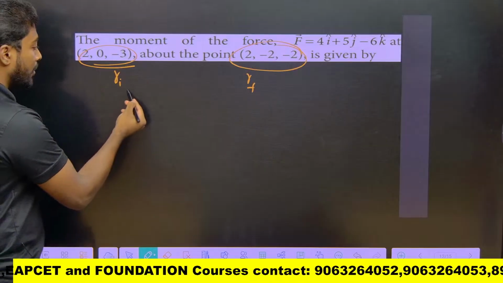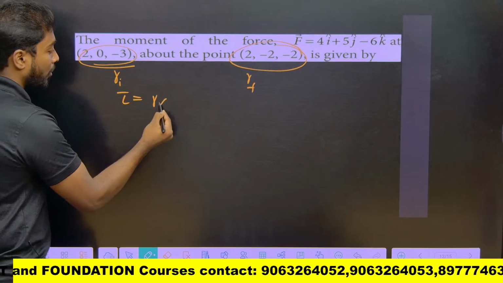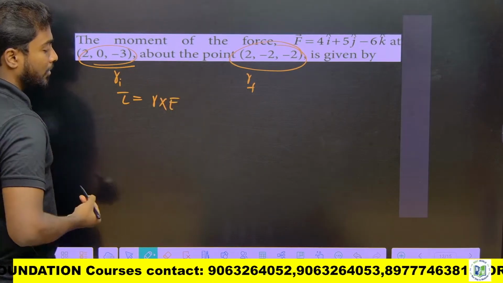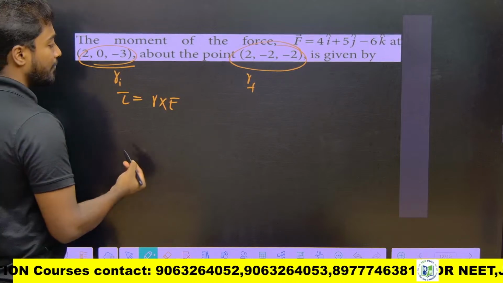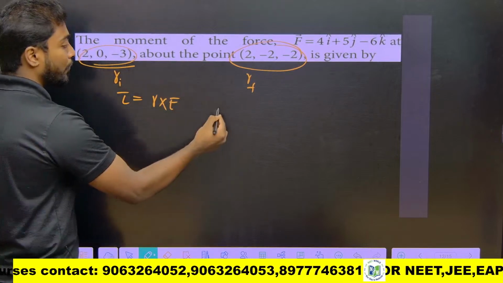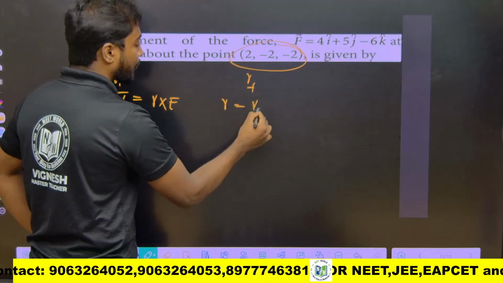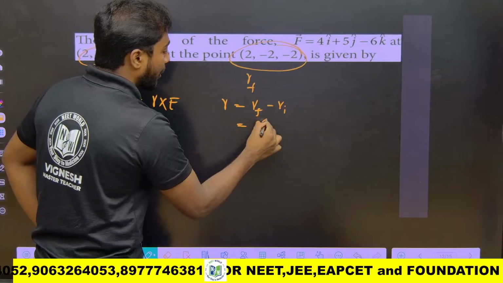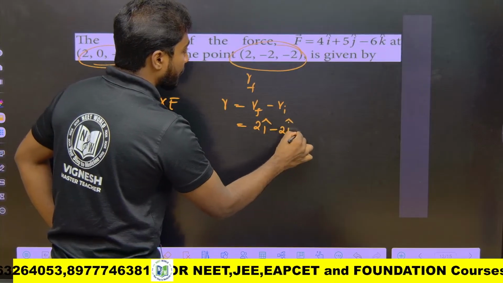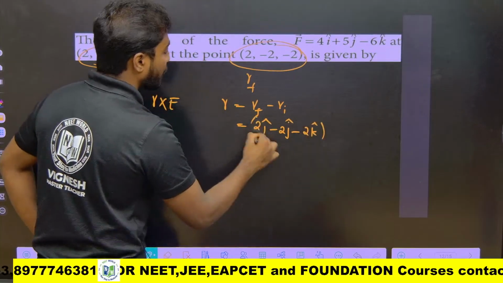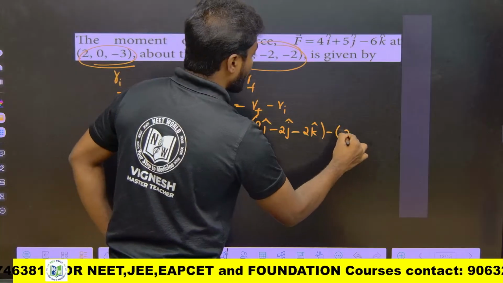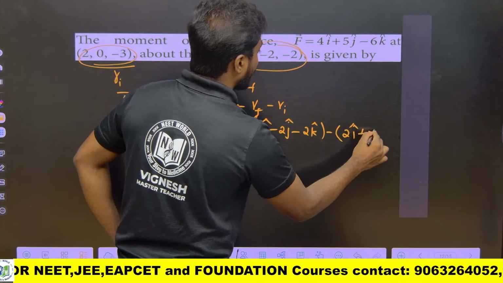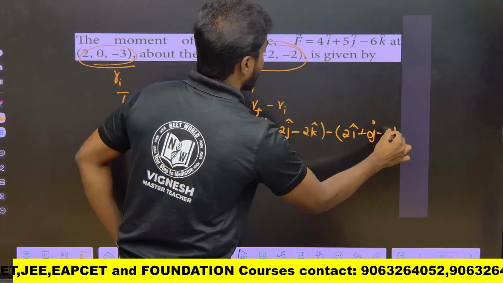I know the formula, tau is equals to R cross F, where F is given, R I need to find. R is nothing but R final minus R initial,